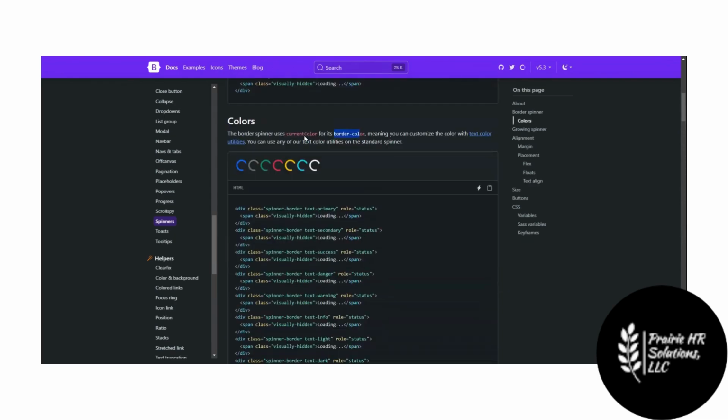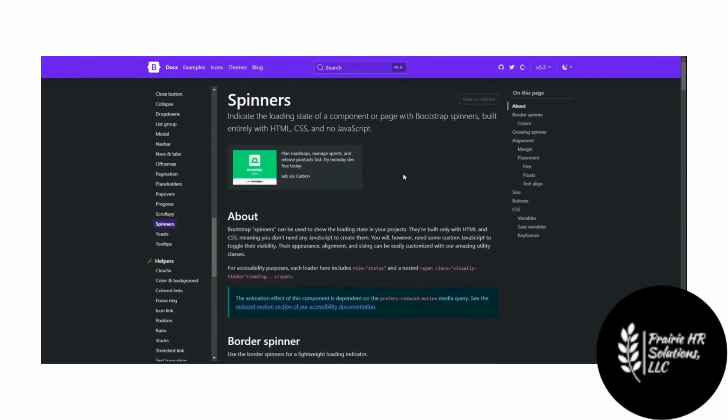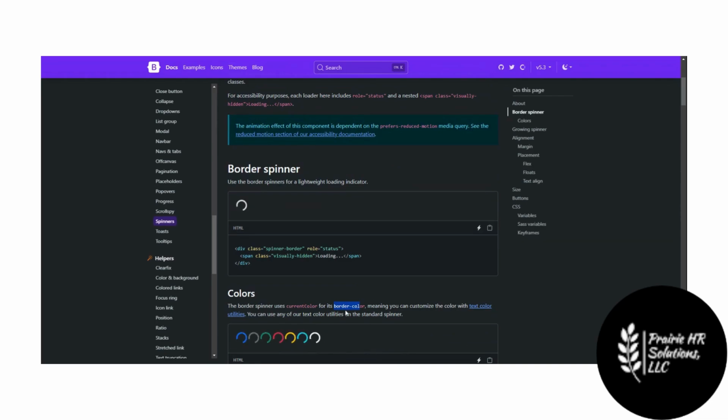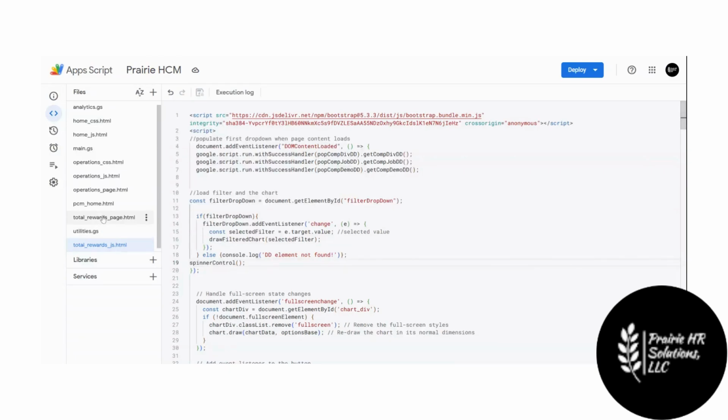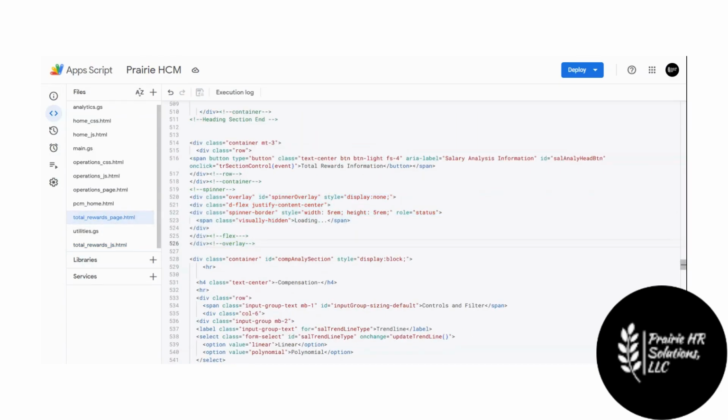So let me show you how to actually create a spinner, because that's actually what I like doing. And we'll do it with Prairie HR's kind of branding. It'll be kind of the same thing, but you'll be able to modify it if you wanted to. So let's come back over here to our total rewards page. So we do want the overlay, and